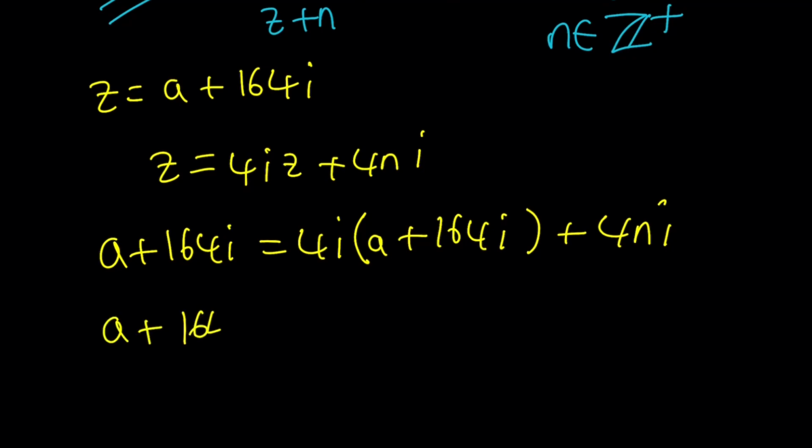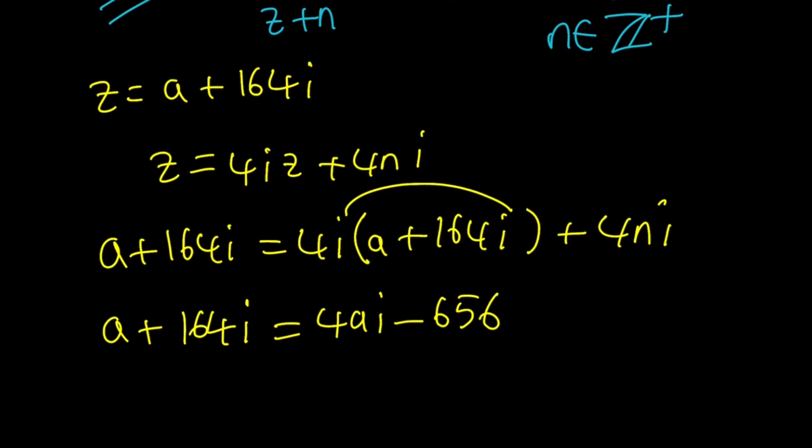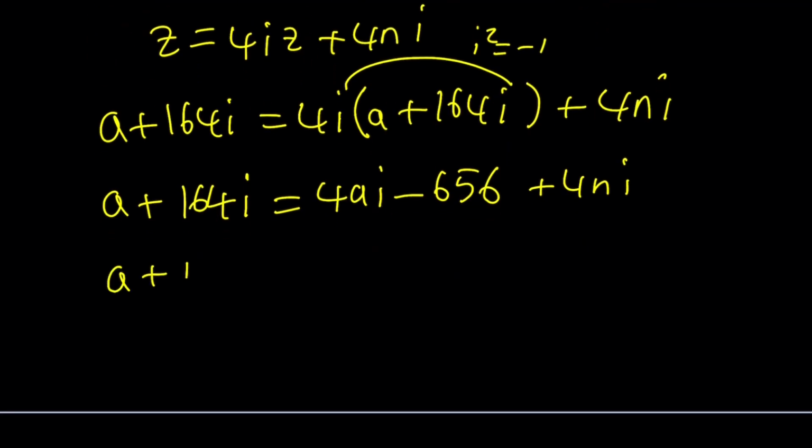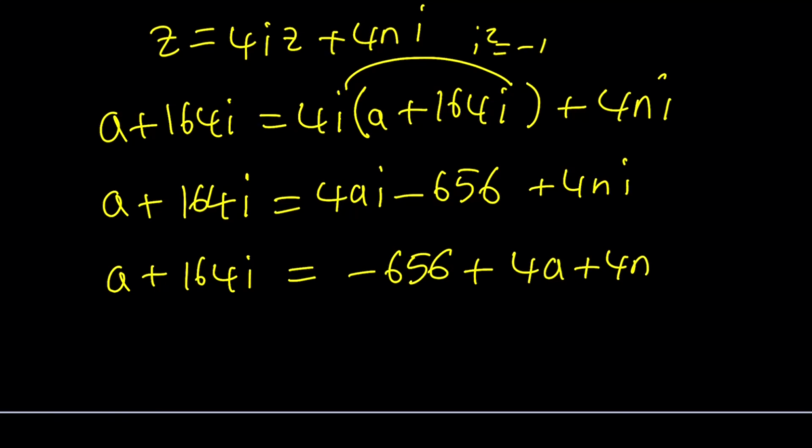A plus 164i equals, this is going to give us 4ai, and then i times i is i squared. Remember that? The product is going to be 656, but with a negative sign, because i times i is i squared, and i squared is equal to -1. Make sense? Okay. And then we're going to have plus 4ni. So we can put this together like that: a plus 164i, and then the real part is -656, and the imaginary part is 4a plus 4n all multiplied by